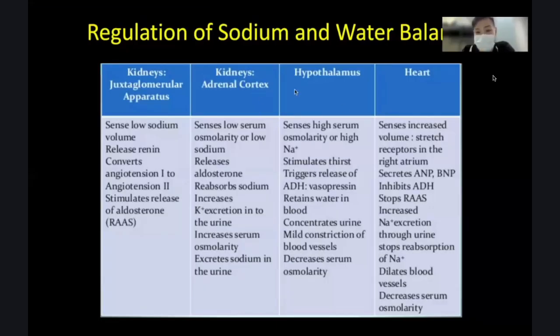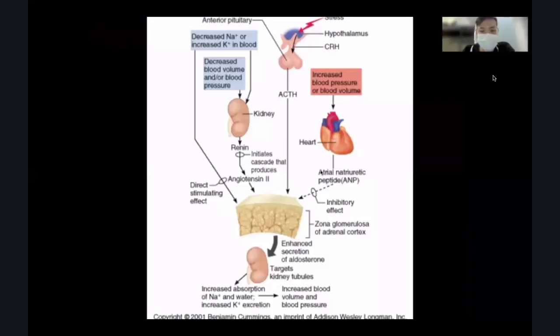So we just have to review how this works. Again, I'm sure this was discussed during your physiology class. So this is just a diagram showing how all of these work together. The neurohormonal responses in changes in your